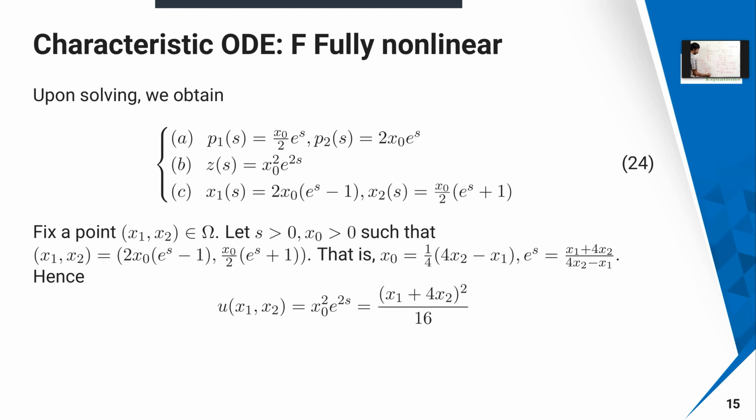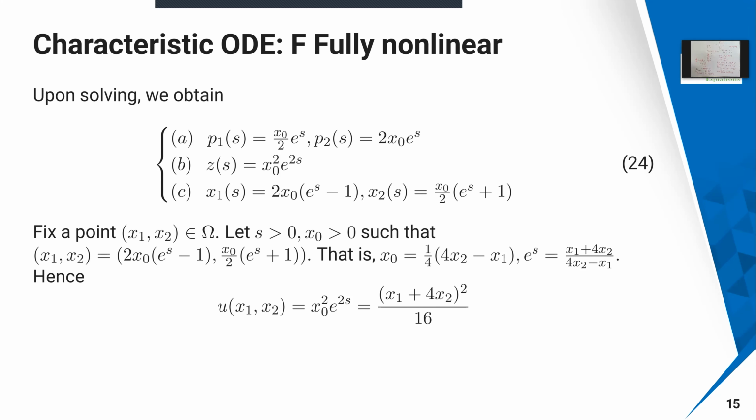Here you are going to get x naught by 2 e power s, and I'm going to put it as plus 1. Once again there will be a constant here. These equations I'm solving together. This is actually the system of ODEs you have solved. You should not solve them independently. Of course, independently you can get it, but some constants will come. Those constants you have to eliminate using the boundary condition, so that all these things are satisfied. Accordingly, you have to eliminate.